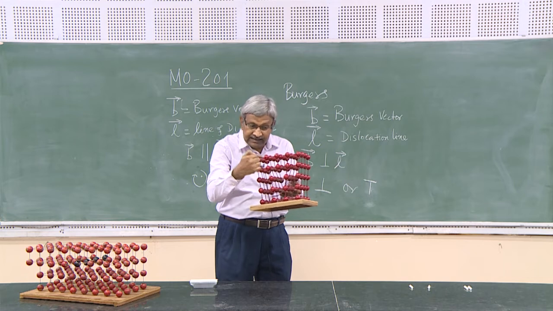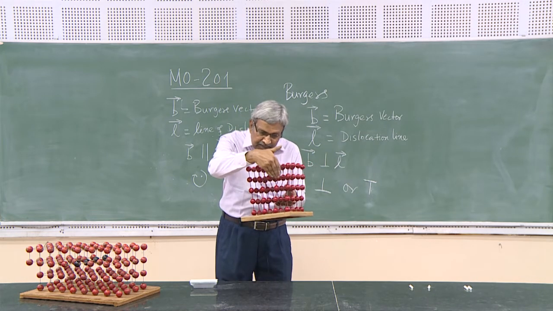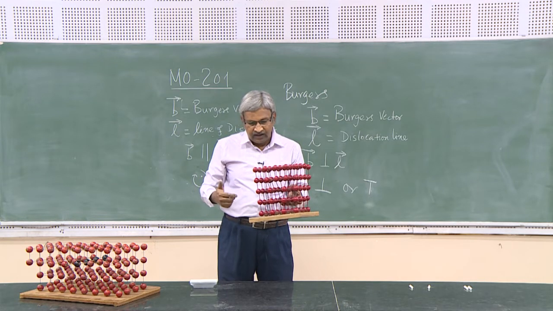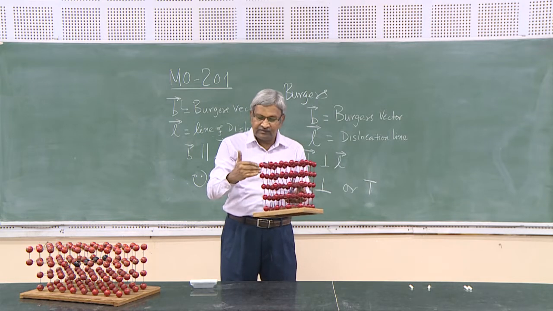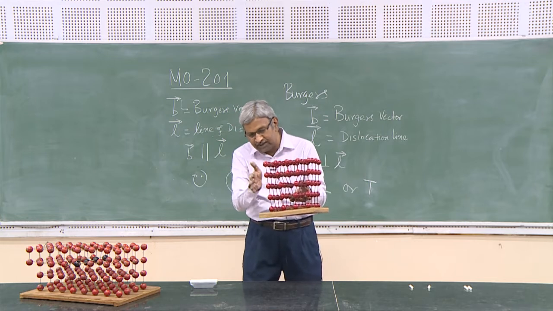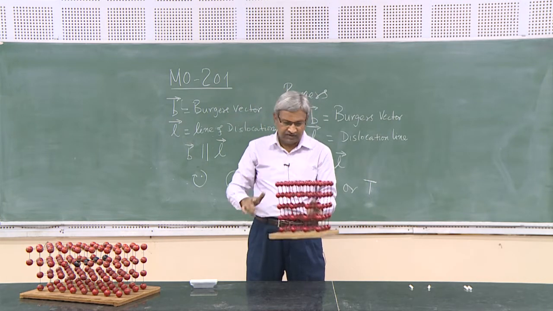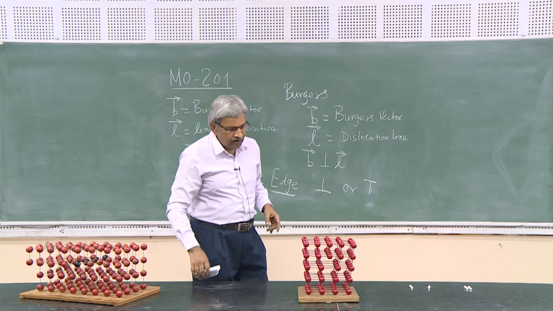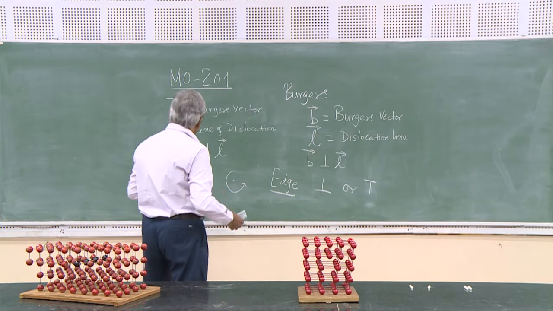Now, I am saying that in case under the action of a shear force, this situation repeats here, then what is going to happen? It will happen that this fellow will straighten here, this will move like this. As a consequence of this, there will be a total movement of this guy permanently by one step. So, in case you want to see the face, it should look something like this at the end of the journey.